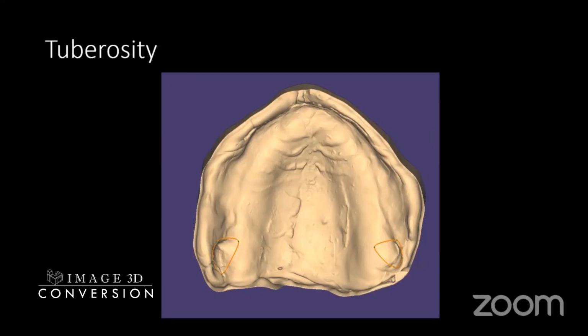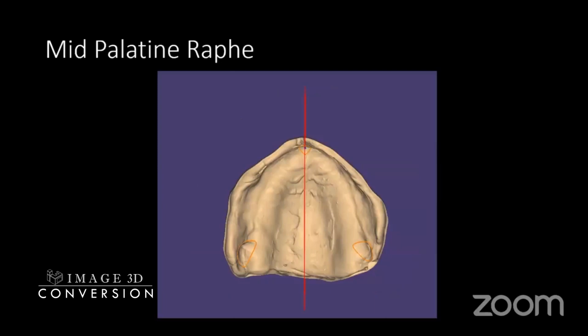So please look into this now. When the incisive papilla is done and the tuberosity is done, it is asking for key points now. Since our central incisors are placed 6 to 8 mm ahead of the incisive papilla, and the posterior molar limit is just anterior to the tuberosity area, the AI is calculating the entire mesiodistal width of all the maxillary teeth. So this will help the AI to automatically place the teeth here. Later step, once that is done, the mid palate raphe is marked there,